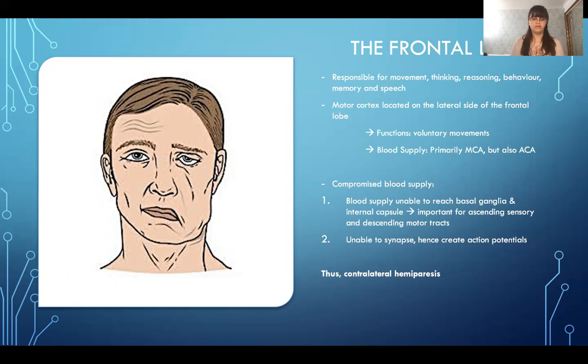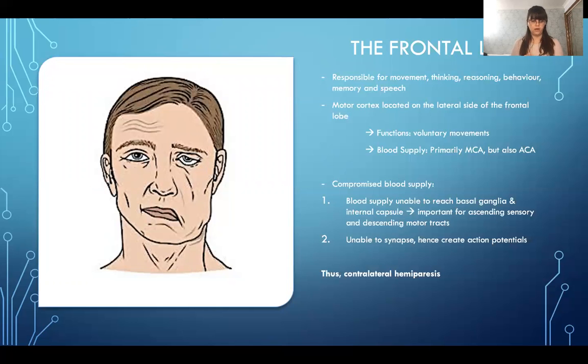Both these functions are related to the frontal lobe of the brain, which we know is responsible for movement, behavior, memory, and speech. Situated on the lateral side of the frontal lobe is the motor cortex, which is responsible for voluntary movements. Its primary blood supply comes from the MCA, and due to compromised blood supply within the MCA, the lenticulostriate arteries that branch off the MCA are unable to supply deeper structures such as the basal ganglia, which is